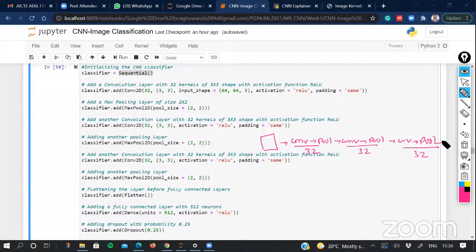And after that, whatever volume you are getting, you pass it through flattening. That will convert the volume into the form of a vector, which you then add to a dense layer of 512 neurons.